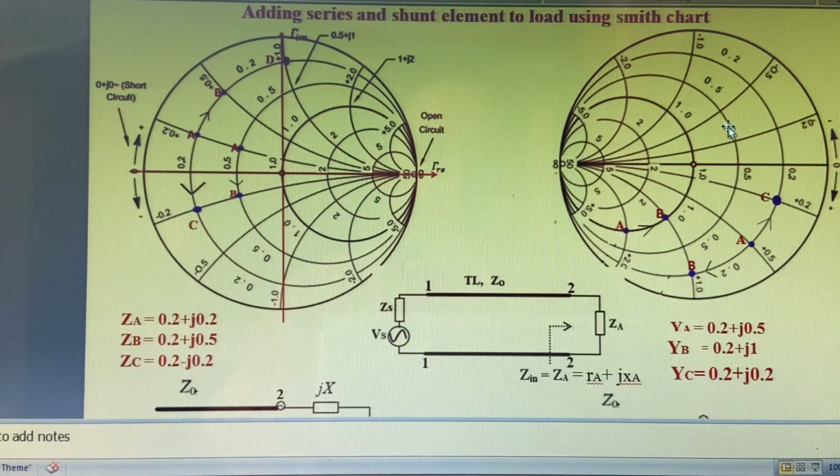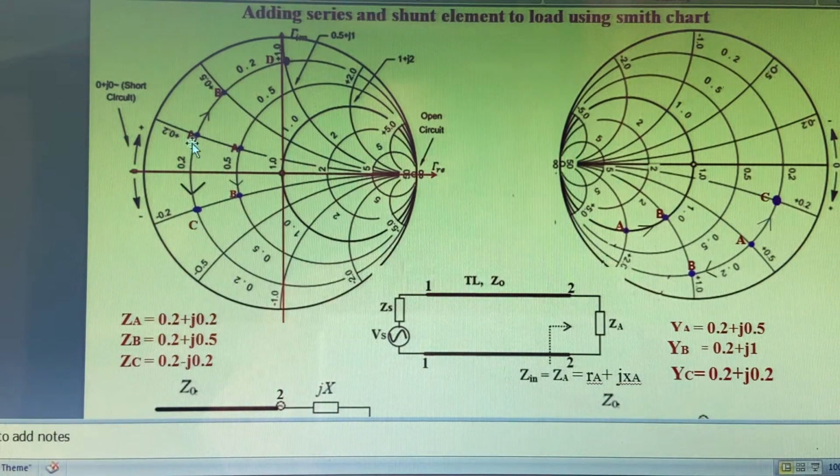But as you move over like this, the susceptance changes here. These are the susceptance circles. The susceptance values are written as minus 0.2, minus 0.5, minus 1, minus 2, like this. These are the susceptance values, and these are the susceptance circles. So moving on conductance circles like this, in the anti-clockwise direction or in the clockwise direction, changes the susceptance value here.